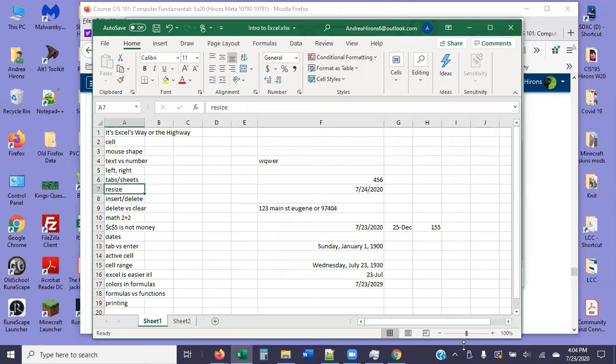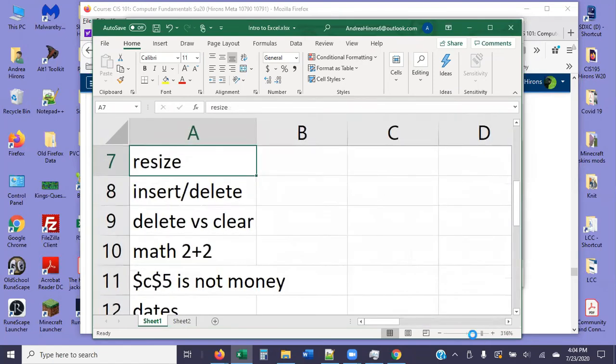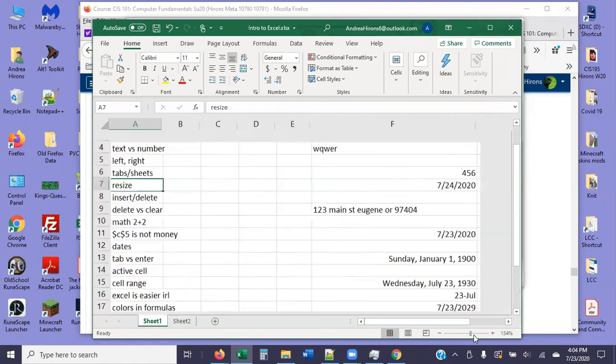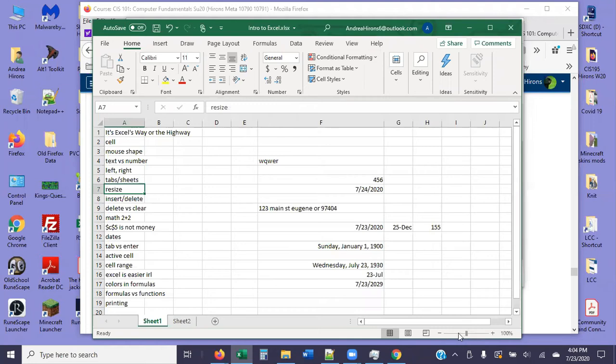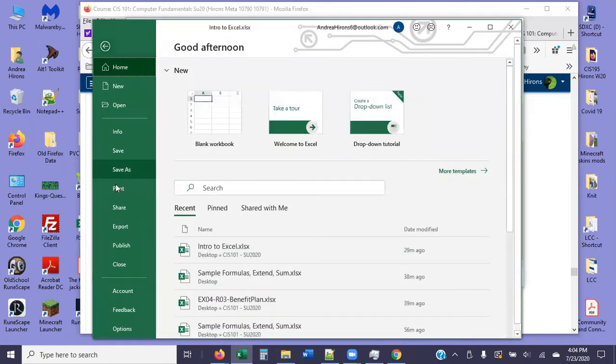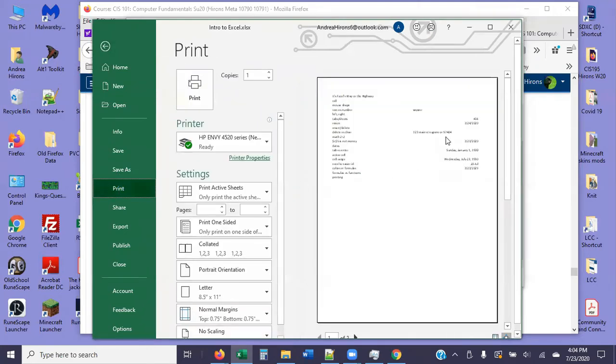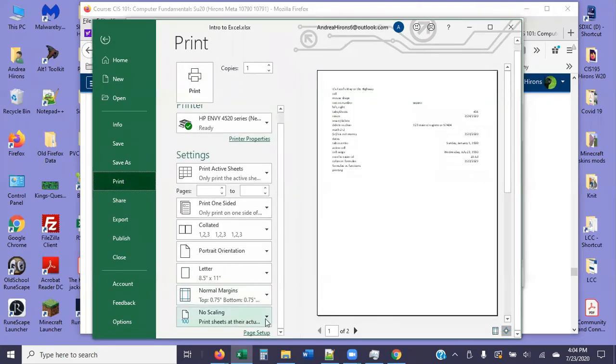Resizing things. I have down here my zoom, and I can zoom all over the place, which is super useful. If I want to resize things when I'm printing, I can also scale my printing. And one of the really neat things is I can tell it to just all fit on one page. So if I go into print, I'll see my print preview. And I can come down here,